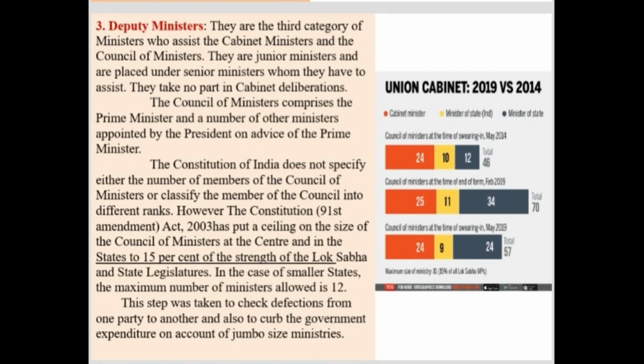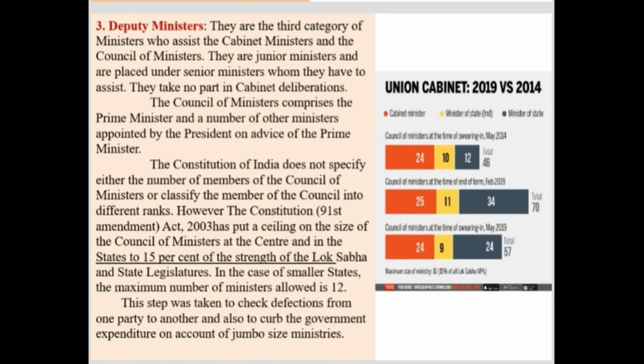So to stop such defections from other parties, a size limit has been brought to the Council of Ministers. Also, having jumbo cabinets, that means very big ministries just for political reasons, just to politically satisfy many people, the Prime Minister may accommodate many people into his ministry and turn it into a very big size, which is a huge burden on the country's expenditure. To avoid such huge expenditure, as well as such defections, there is a limitation brought on the size